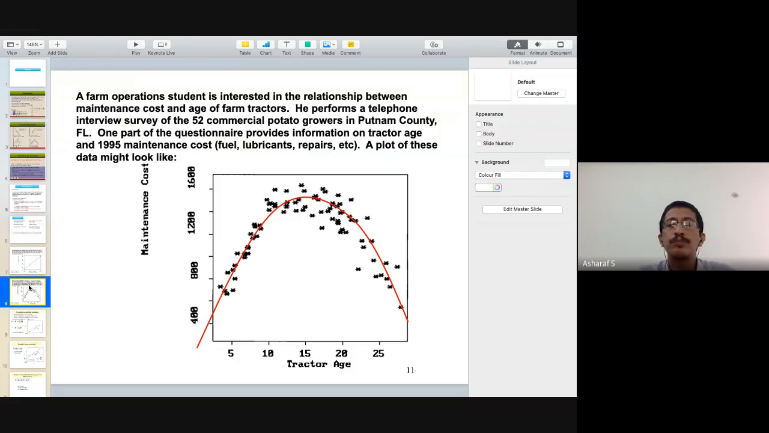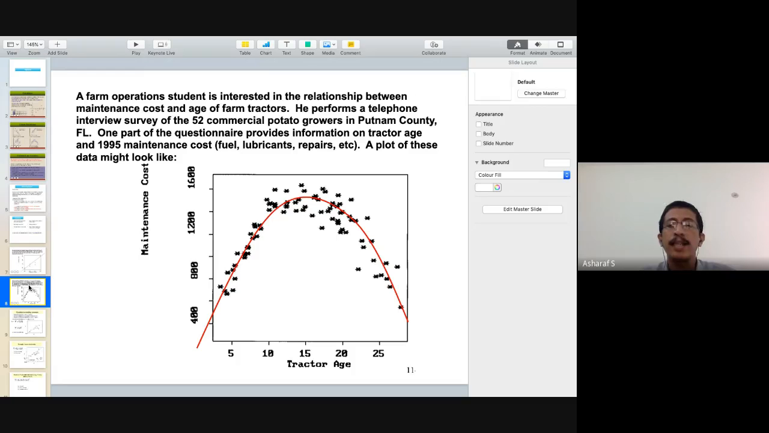The one that they use to plow the land or do other agricultural work. He performs a telephonic interview of 52 commercial potato growers in a city, basically in Florida, and one part of the questionnaire provides information on tractor age and maintenance cost. Maintenance cost will involve the cost of fuel, lubricants, repairs, etc. So you get a single variable capturing the amount spent to maintain the tractor, and they plotted